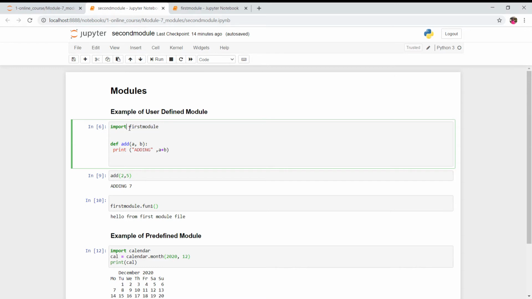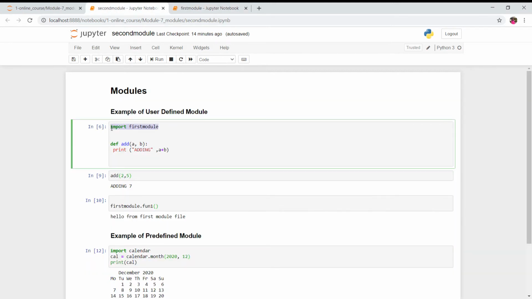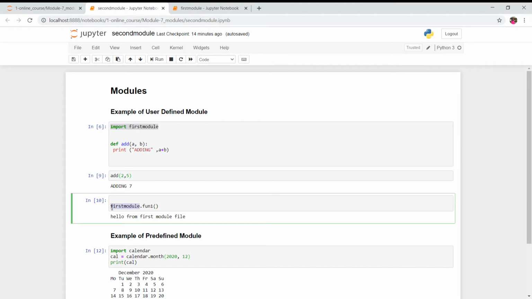What is the function name here? fun1. So first you import it like this, and then you write this line, meaning from this first module I want to call fun1.